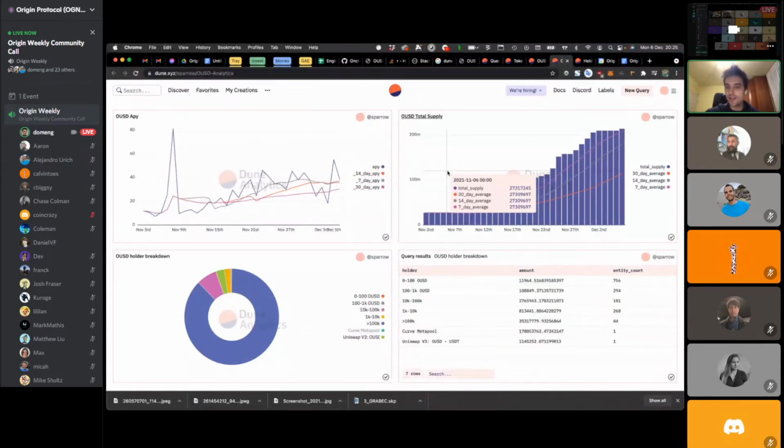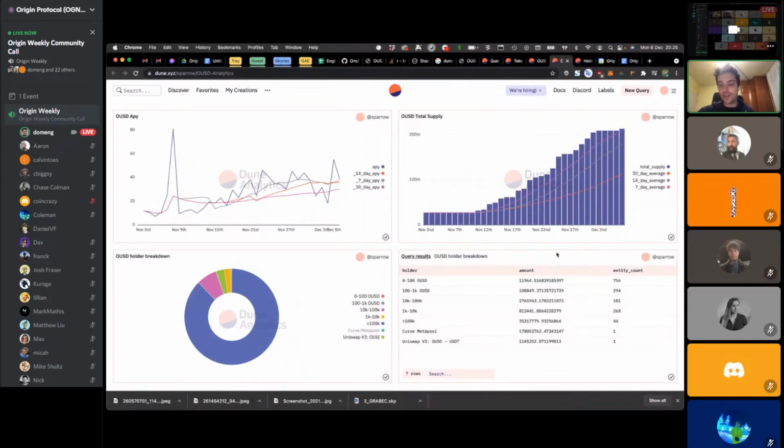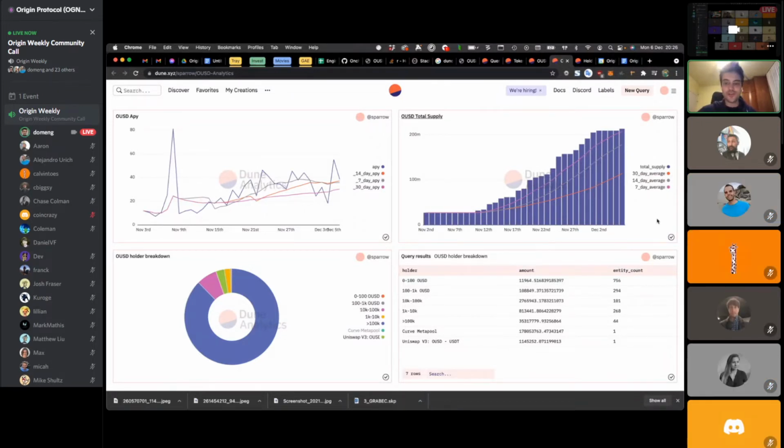Here is the, what's this type of graph called? I forgot. Bar graph. Bar graph, thanks. So here is the OUSD supply, and also the 14-day and 7-day averages. If we want, we could also do this as a parameterized input, where you can specify your own number of days, and it would draw that line.